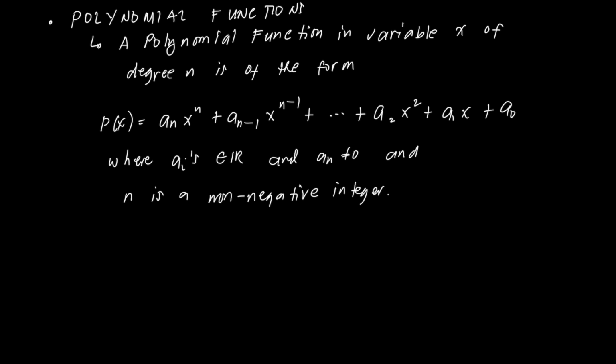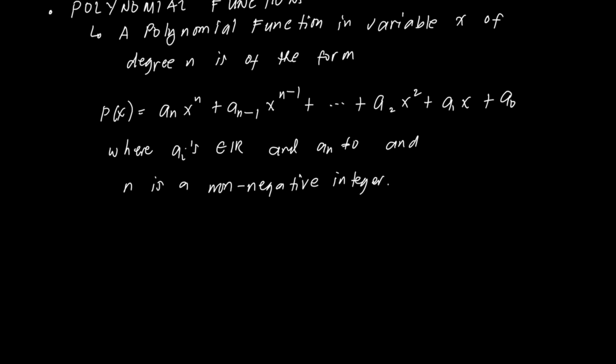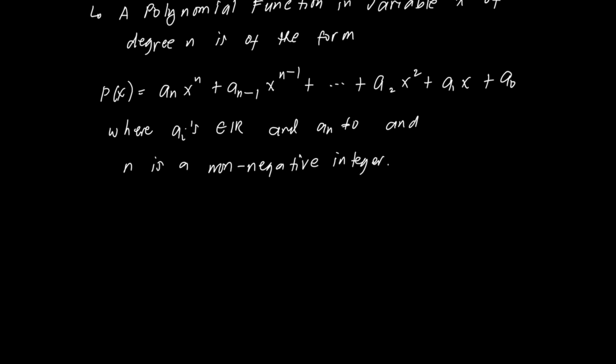Now, where the a sub i's, the a sub n, a sub n minus 1, a sub 2, a sub 1, are elements of the real numbers, and a sub n is not equal to 0. And take note, n is a non-negative integer. So, for example,